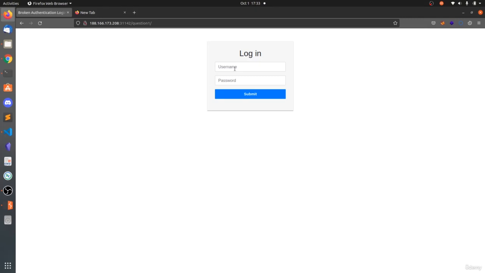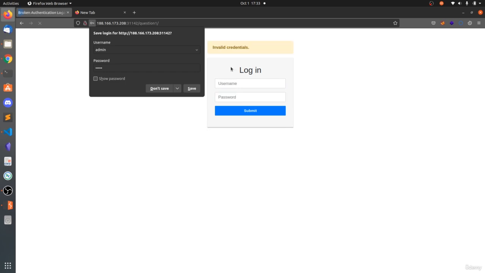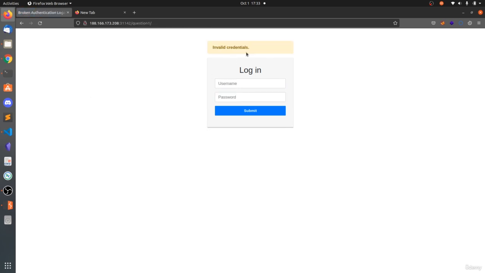So here we have the login page, username and the password. So let's type here admin, and it says invalid credentials. So this is generally a normal login page. In order to brute force the credentials, we should get to know at what name of the tag it is